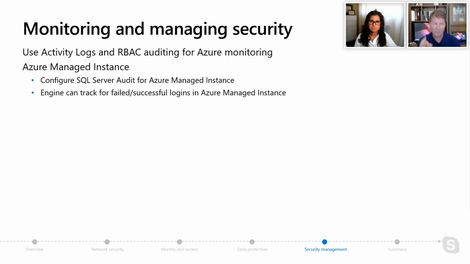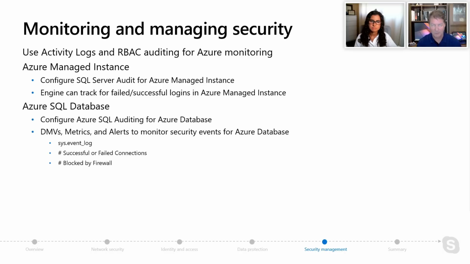Now in SQL Server, since I've been at Microsoft, in the error log, we've always tracked failed and successful logins in SQL Server. You get the failed login scenario. So by default, if there's a failure for a login, you can look at the error log for managed instance and you can see that. You can't get successful because the default's failed, and you can't change the default for success and fail because you have to restart SQL Server.